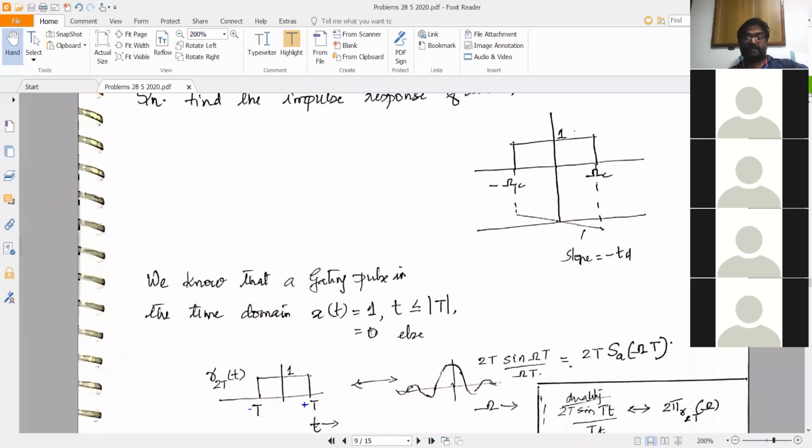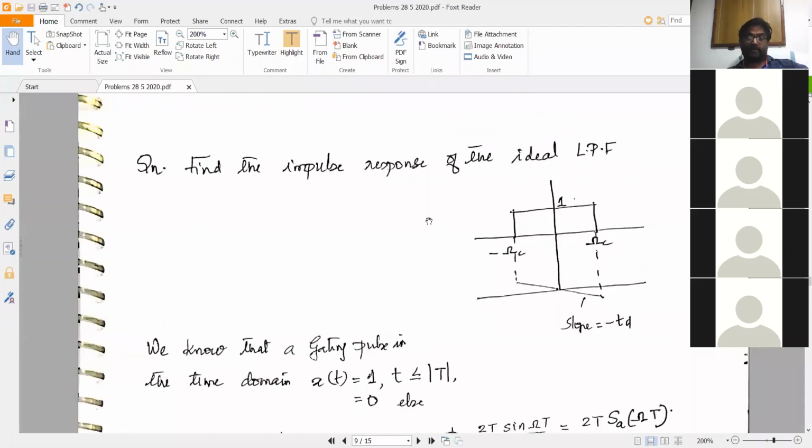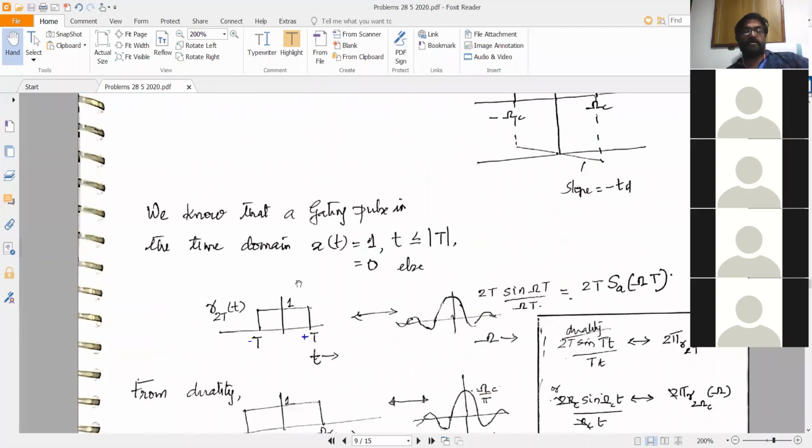Now we call this your rectangular function or the gating function. So we already had discussed the Fourier inverse of a function in the frequency domain like this, where the frequency domain representation was a rectangular function in the frequency domain. So what I will do is I will derive that result once again using the duality theorem. So you have already this result. R2t of t is this function in the time domain.